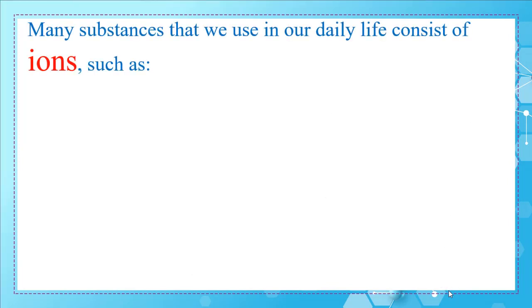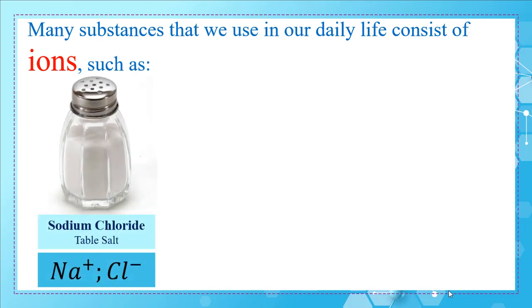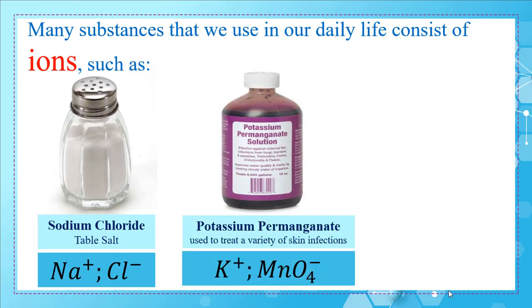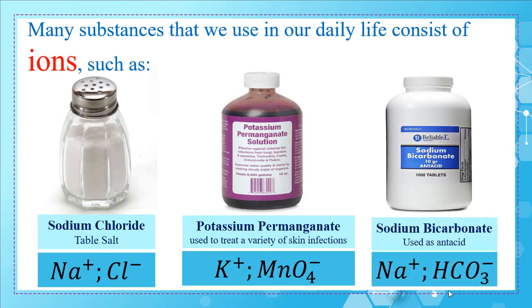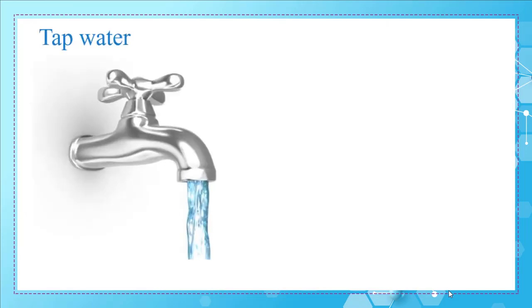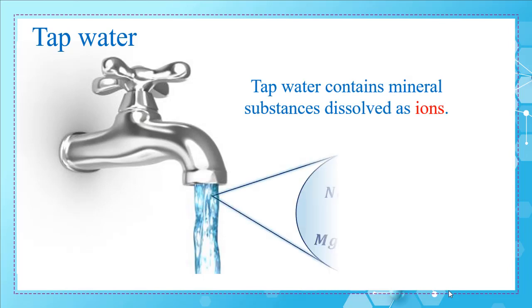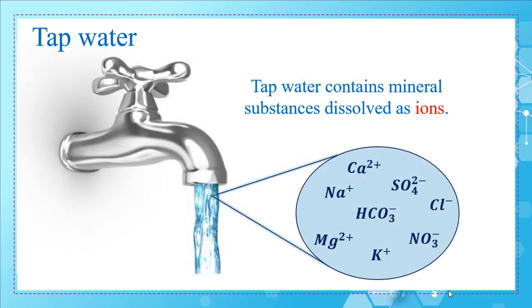Many substances that we use in our daily life consist of ions, such as NaCl found in the table salt, potassium permanganate solution that is used to treat a variety of skin infections, and sodium bicarbonate that is used as an antacid. Tap water also contains certain minerals that are dissolved in it, such as Ca2+, Na+, K+, HCO3- and SO42-, and so on. As you can see, some of these ions are positively charged and the others